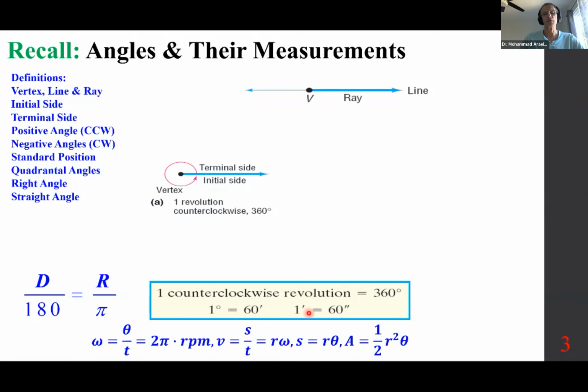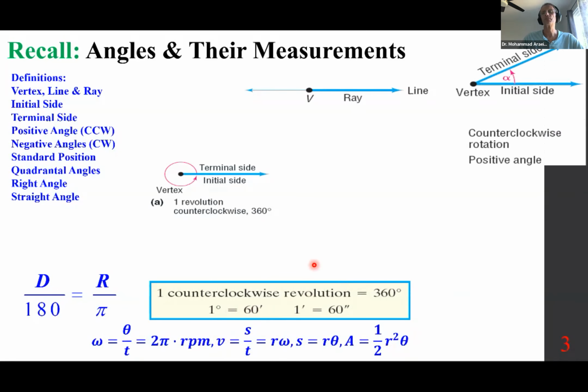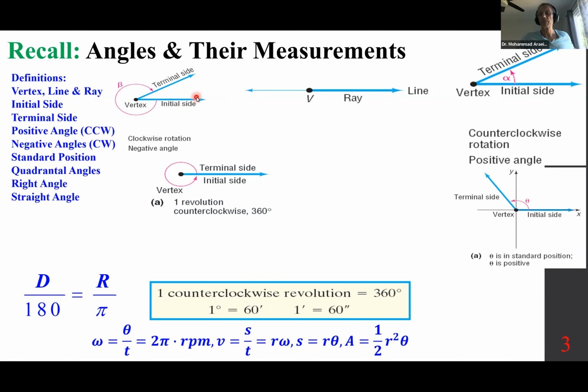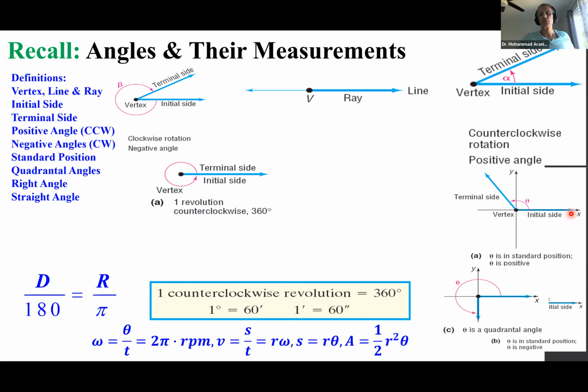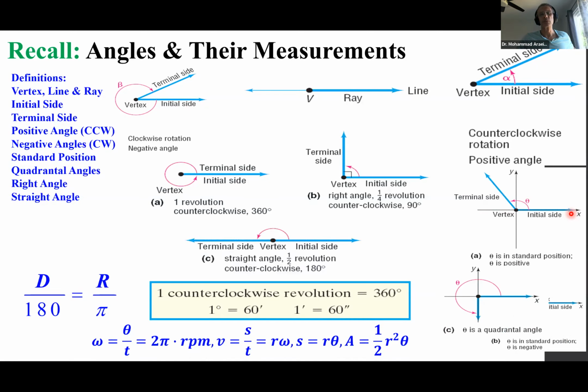1 degree is 60 minutes, 1 minute is 60 seconds. So we have the initial side along the x-axis, terminal side in a counterclockwise rotation. It makes it a positive angle. Negative angle. Standard position along the x-axis is the initial side. So many things that we discussed, straight angle, right angle, you name